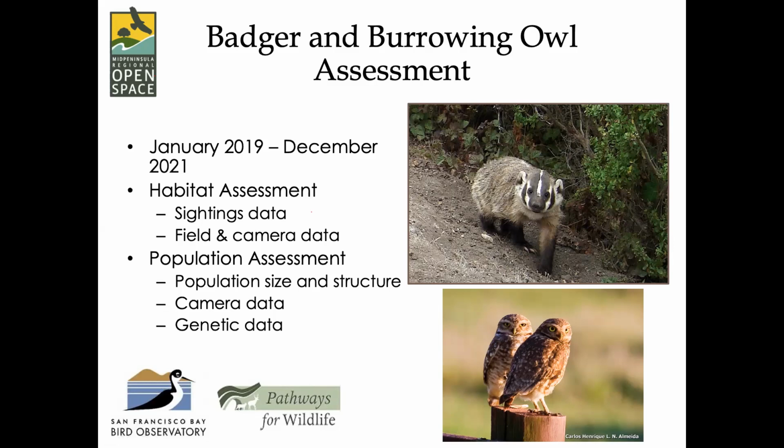Our project is basically a habitat assessment, and we're looking at where these two species occur in the preserves based on habitat. We put together two models. The first model is based on the existing sighting data, and we used that sighting data in combination with different types of habitat data: vegetation, slopes, roads, terrain, and proximity to water sources. We put all that information into a model along with the sightings data to see where badgers were most likely to occur based on those factors. The second step in that model is to test the predicted places where badgers will be